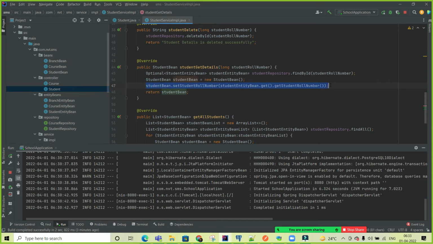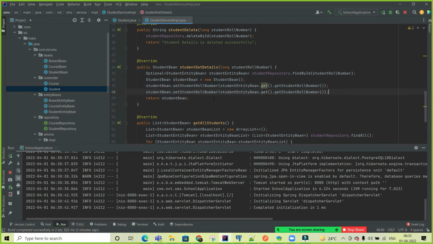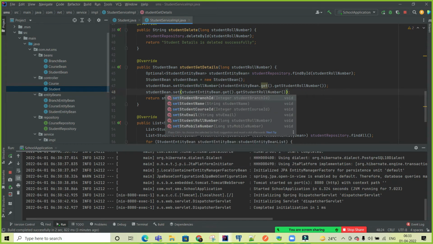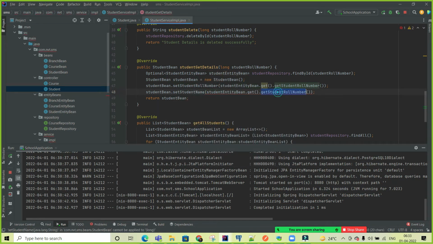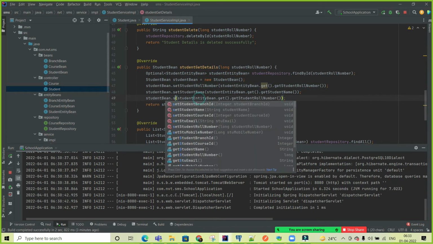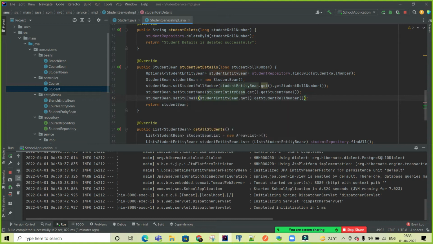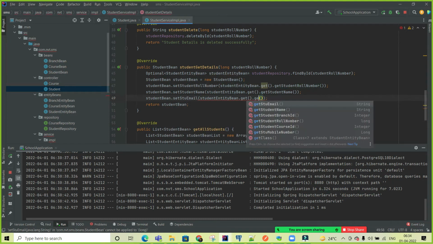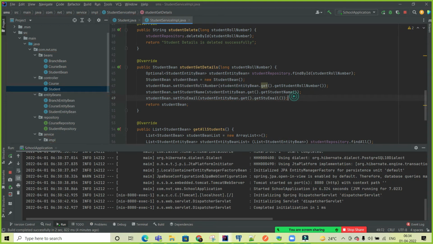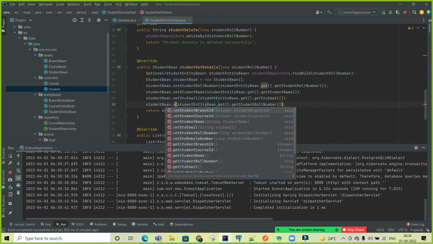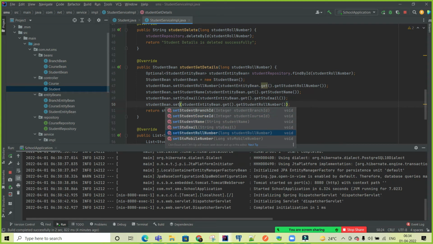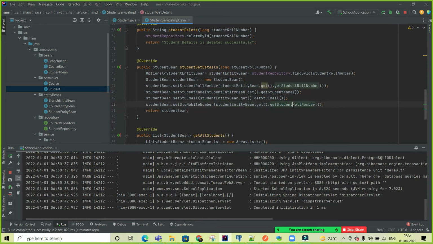I'm copying that one. This is set student name and dot get student name. The third one is set student email to email. Actually the fields are also different here. So it should be correct. Set mobile number. Where is mobile number? This one. And get mobile number, and I think two fields or more, course number or something.